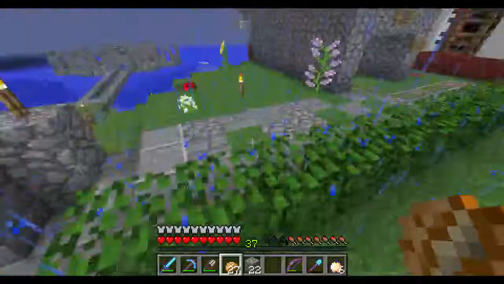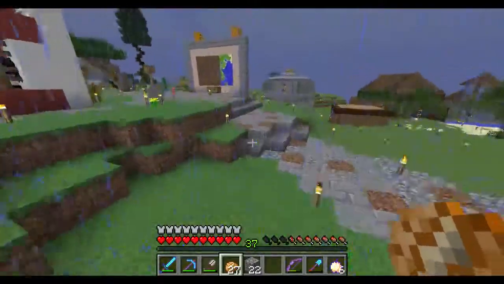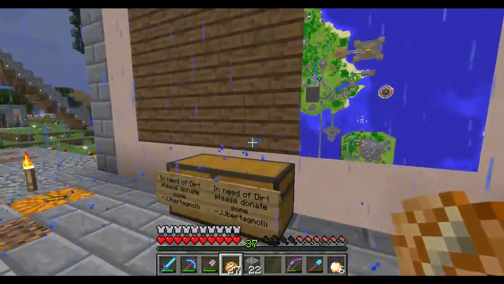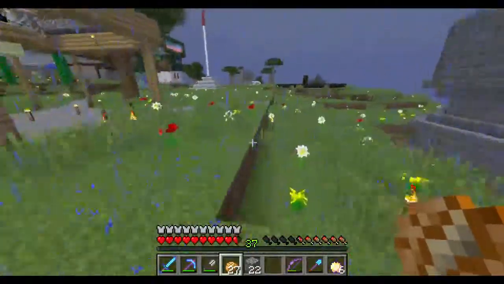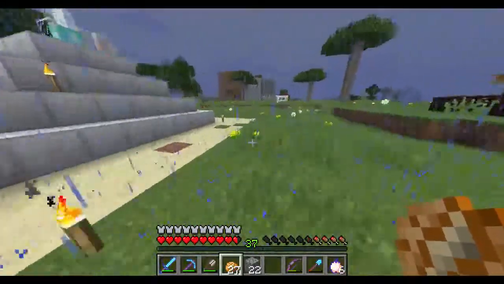And this is basically spawn town. There's a few things that have changed, such as I don't know why this half of the map is gone. That's a little weird. But there's a few things that have changed in Spawn Town, and mainly